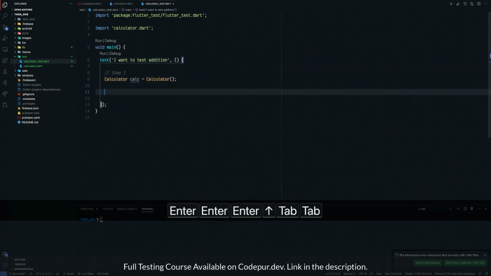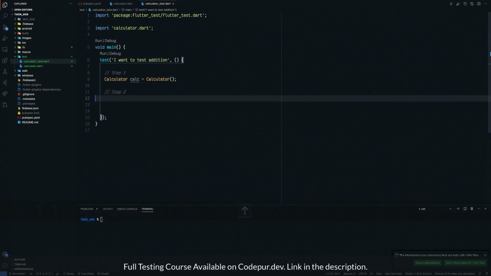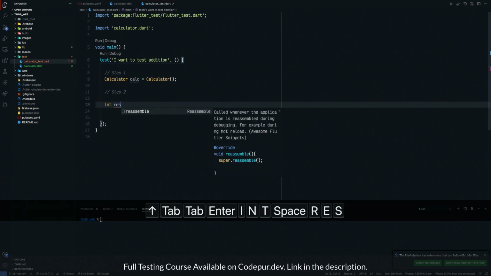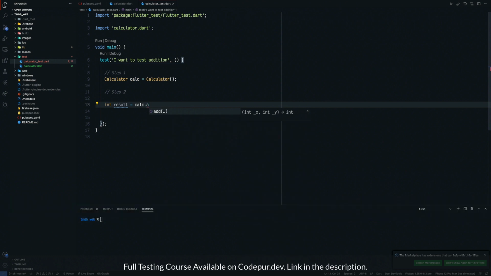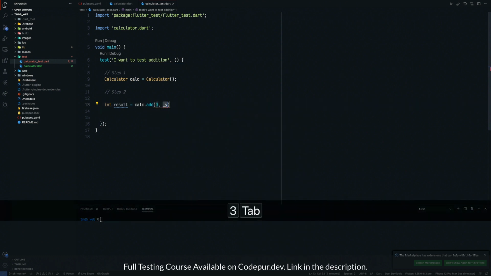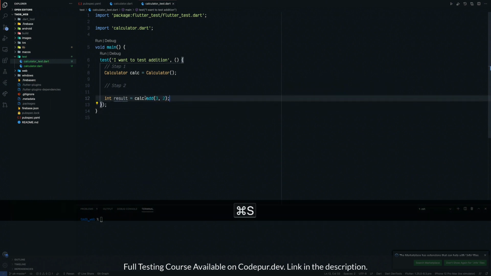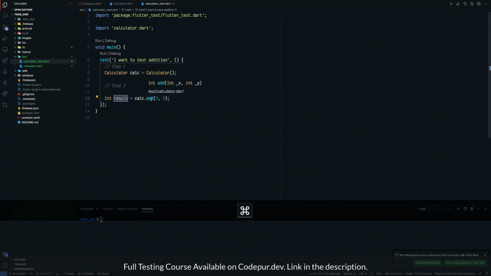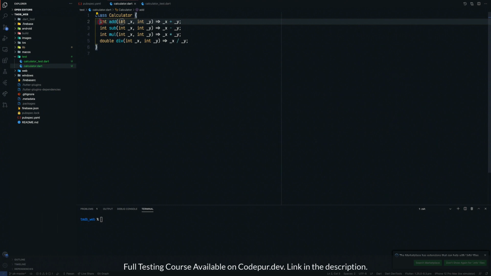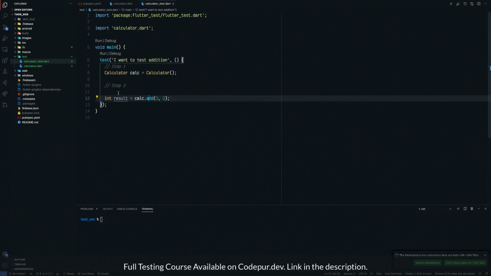Now the second step would be what exactly you want to test. As I told in the description, I want to test addition, so I can have, let's say, a variable called int result, and I would use this instance to call a method called add, for addition. I can give some values, let's say 3 and 2, and this is how it will end. And now I'm expecting some result over here. If I go inside addition, you'll see it is nothing but just addition of 2 numbers which I'm giving, which as a program is very simple, but there can be complex programs as well, which I'm just assuming. So this is step 2, I would say.